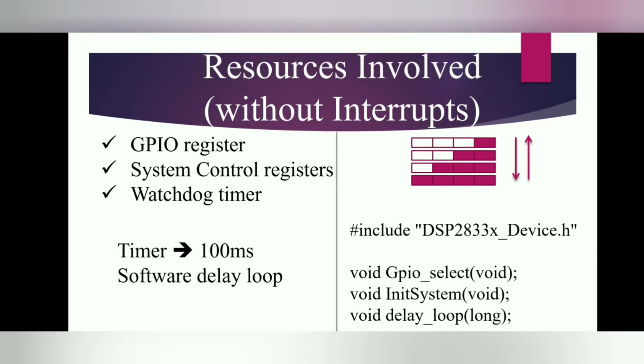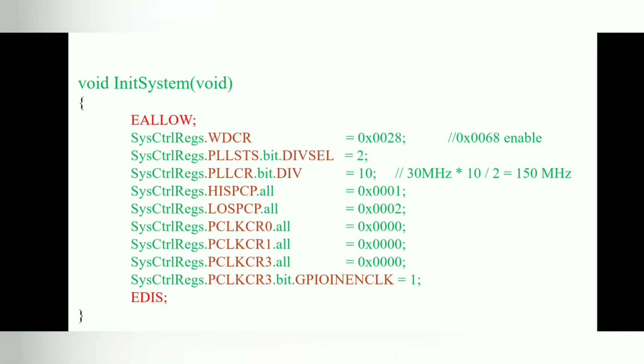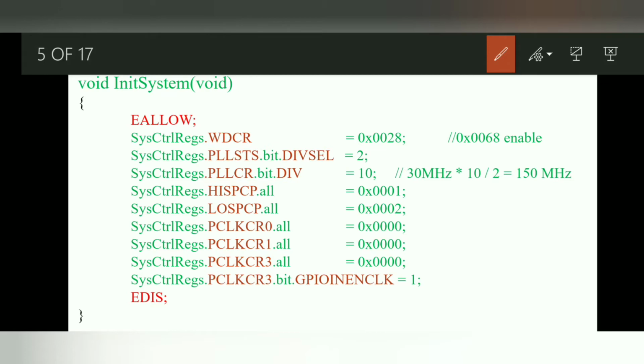So first we will see the void init system. How do we use this? Okay, so the function definition will be here. We have to write like void initialization of system. So this is the process we need to follow. In this function we need to start the definition of this initialization of system. So initialization of system includes the watchdog control register, your PLL status register, like you want to use a frequency for the code. So how you derive the frequency from the crystal oscillator.